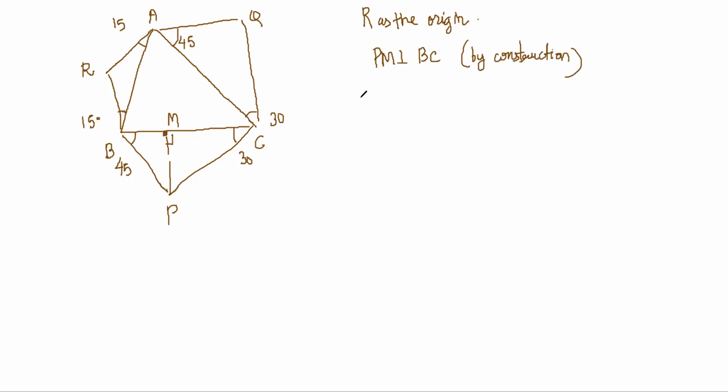and therefore MP is equal to MB, because 45 came here. This becomes 60 degree. And we also know that MC by MP is equal to root 3, right? So then we know that from M, MP and MB are equal distance. This is an equal distance, this is an equal distance.